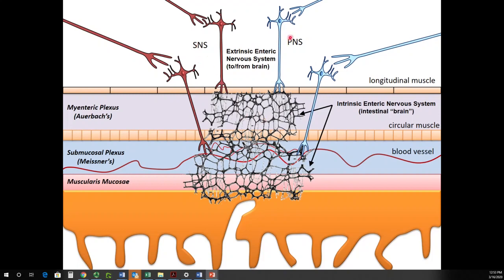That would be the sympathetic nervous system and parasympathetic nervous system, so both branches of the autonomic nervous system. What that means is there's a reason why sympathetic and parasympathetic neurons are innervating the GI tract, and that is because they can control its motility and secretions. So that means if you